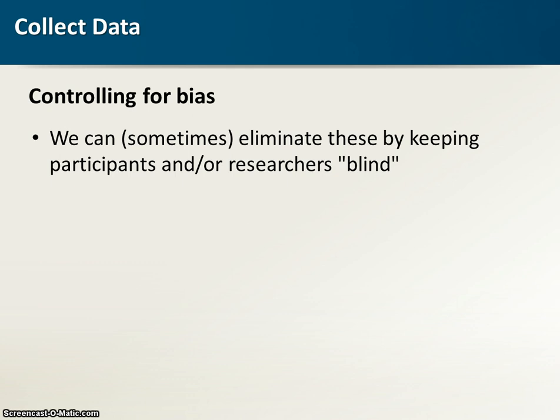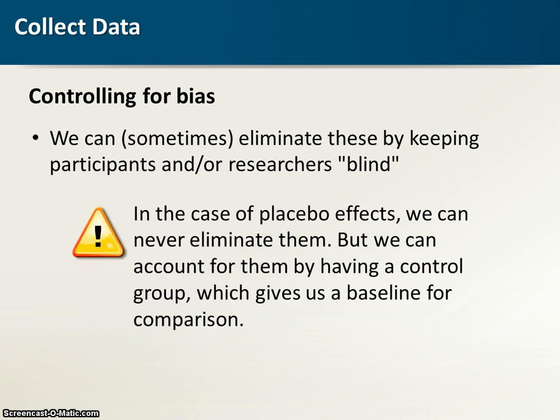And keeping people blind will not help with either sampling bias or volunteer bias. But this whole idea of keeping people blind, this doesn't actually get rid of placebo effects. What it does is it gives us a baseline. So if I have one group that's taking a real drug and one group that's taking a placebo drug, everybody is going to get better to a certain degree due to placebo effects. What I want to know is, did the drug group get better even more? So I'm not saying did the drug work better than nothing. I'm asking if it worked better than a placebo effect.